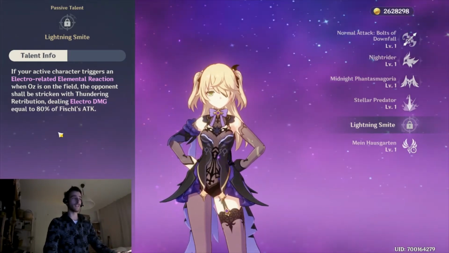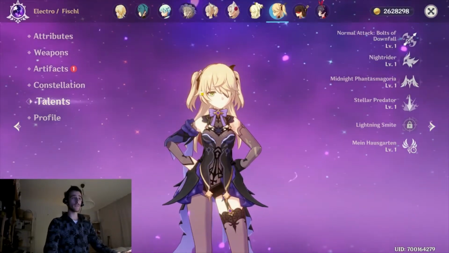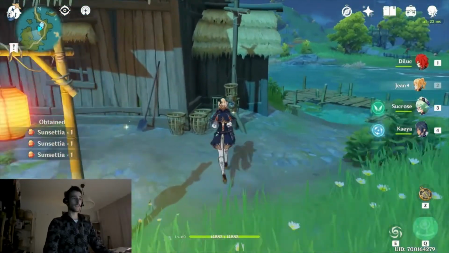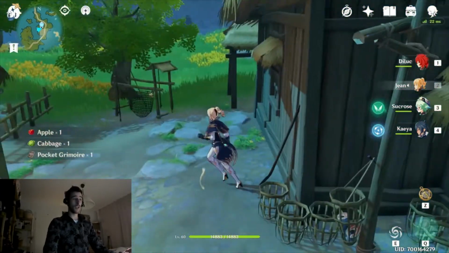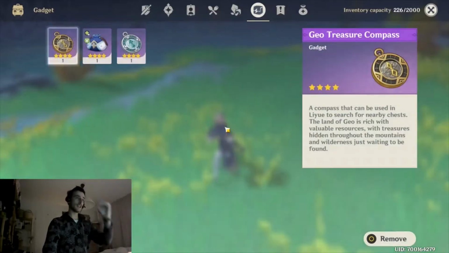This is nuts. This is really good. So the 4 stars in this banner, they are really nice. You guys should try to put your hands on it. And yeah, I personally don't like Geo heroes too much. I don't know. We don't know how Albedo is gonna be. So yeah, when you guys are doing